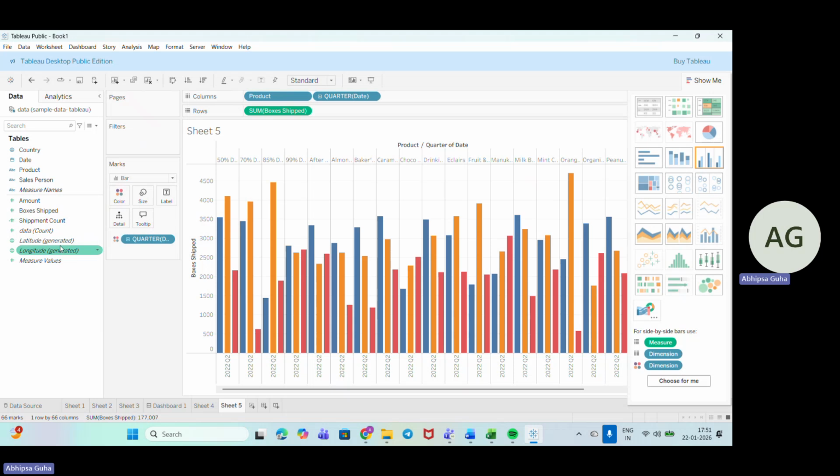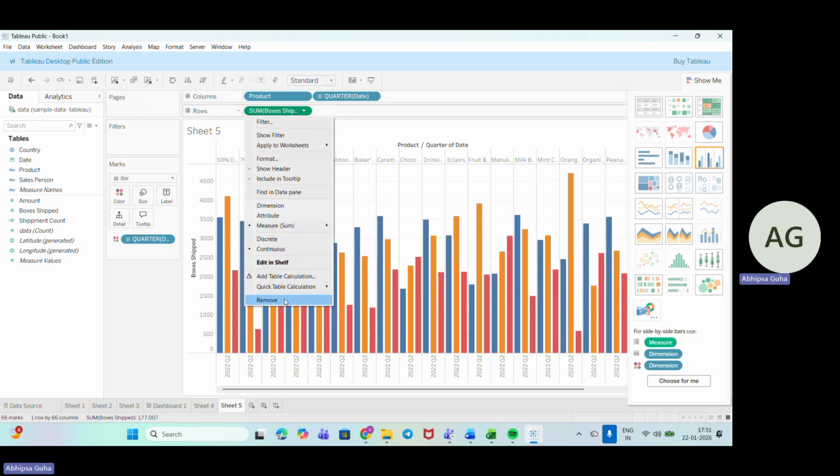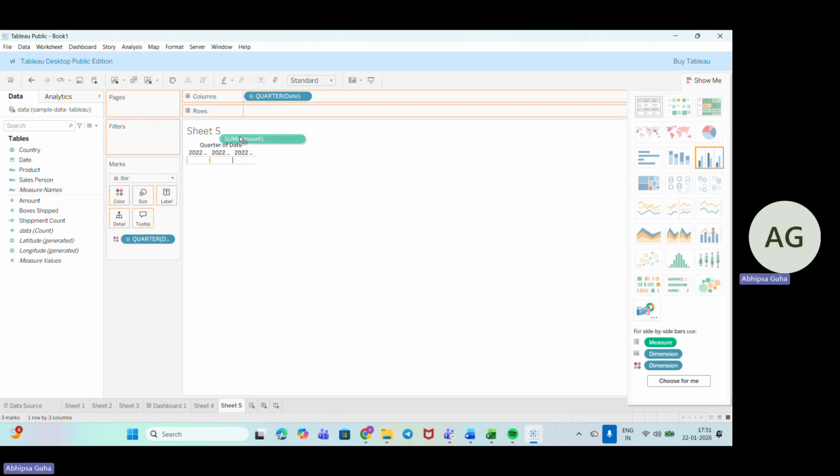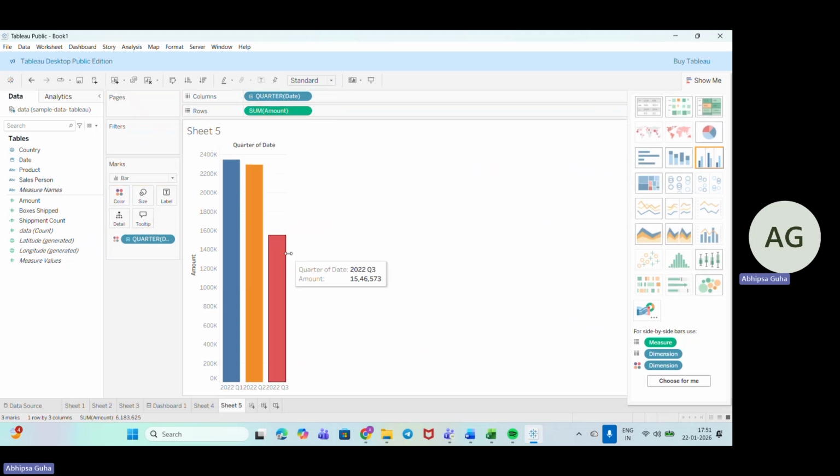Okay, yeah, a product filter should be there, but this is quite obvious, so we won't be taking this one. We'll just remove it. We'll just check the quarter-wise amount trend, so in the quarters, how the values are going.